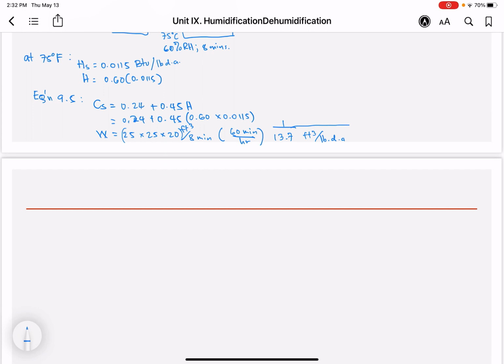So, you get your value, cubic feet per minute, pound dry air per hour. So, that's around 6833. Let's check. So, it's 25 by 25 by 20,